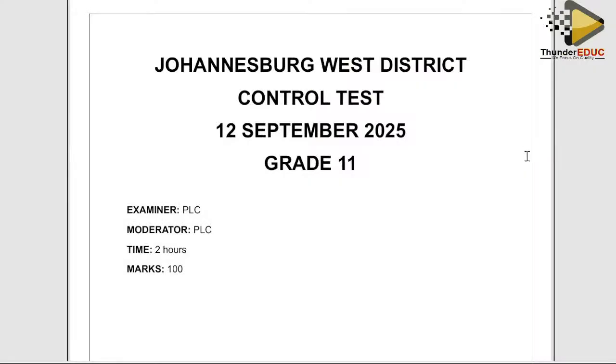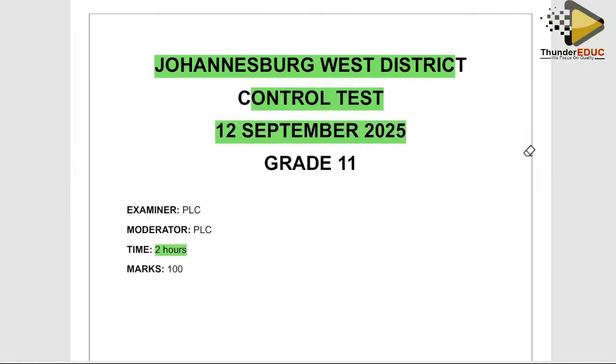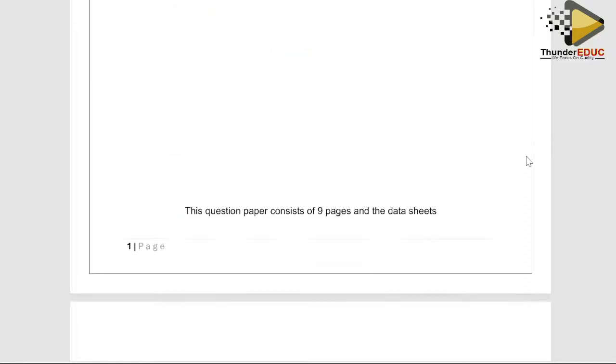Good day, grade 11s. Today we're going to look at a Johannesburg West District control test that was written on the 12th of September 2025. The duration is 2 hours and the marks are 100. So scrolling down there, we have